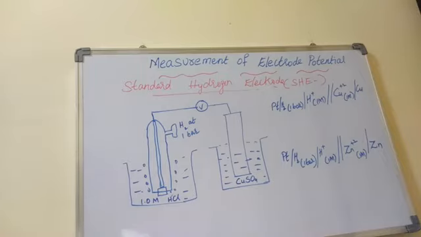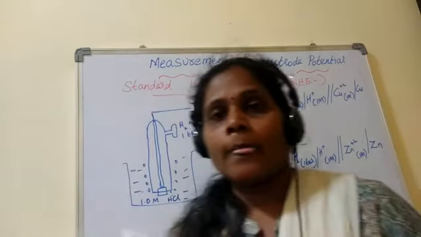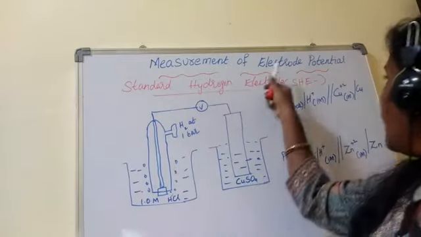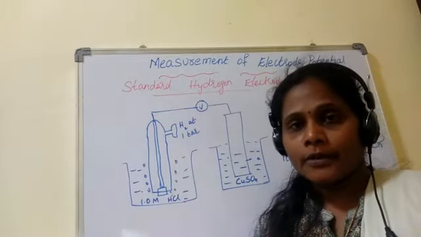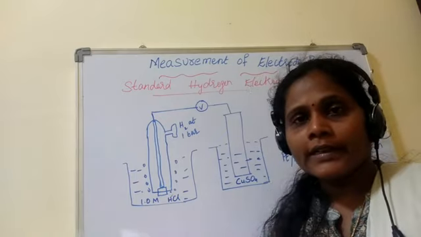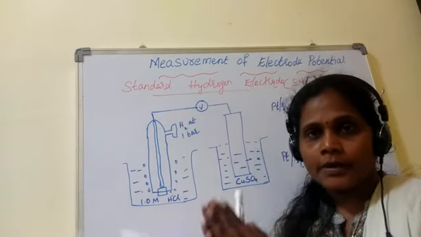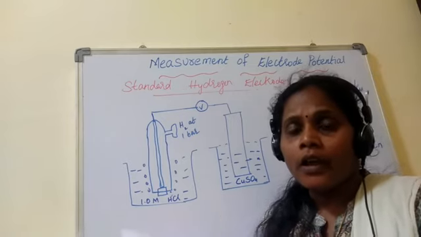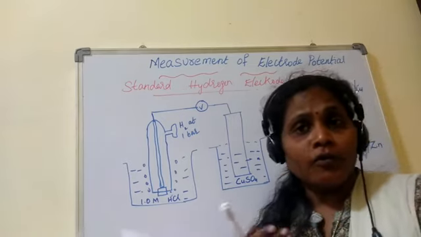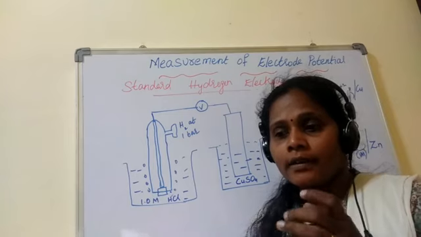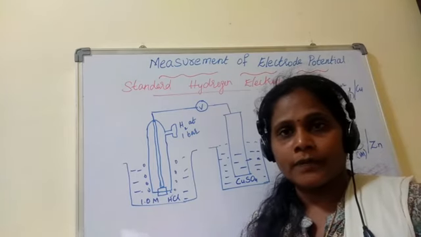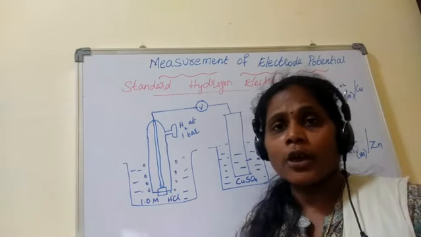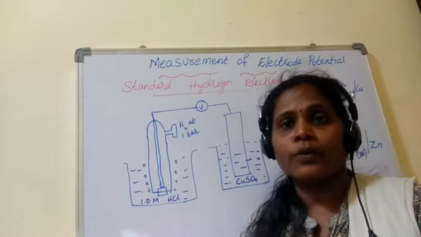Okay. Now we'll discuss measurement of the electrode potential. Measurement means, till now we got the electrochemical series. There are numbers of standard electrode potentials of the different elements. Then how do we determine and how did we get those elements' reduction potential values? If you want a new element's reduction potential, how do you identify an unknown one?